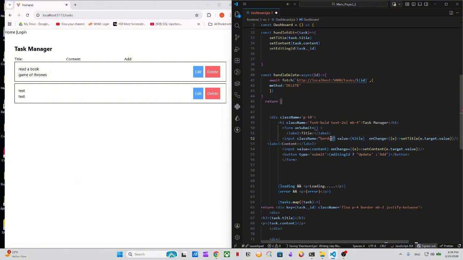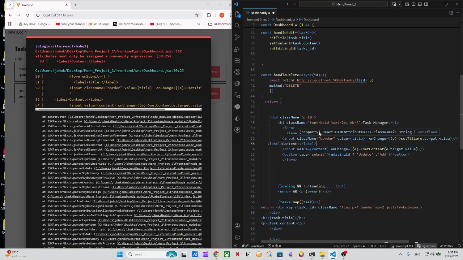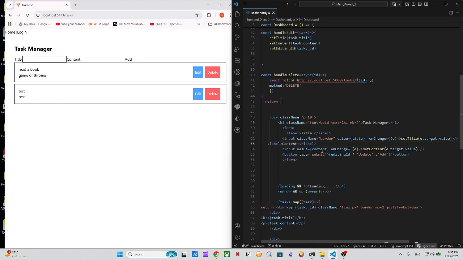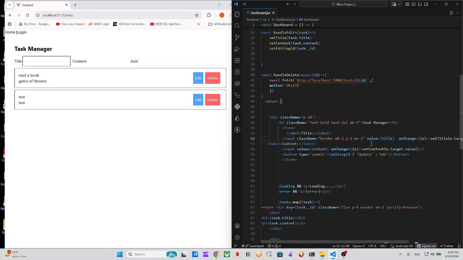It's not working. I think this is actually the issue. 1 second, let me just keep it as it is for now. And yeah, the border is working. And put MB here 2, and also P 2, and MR 2, and let's just save this one